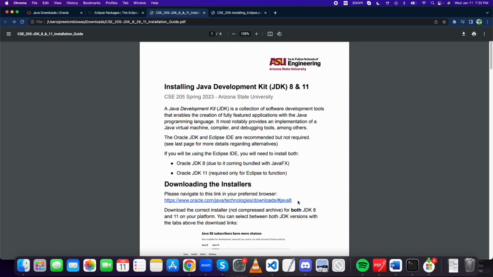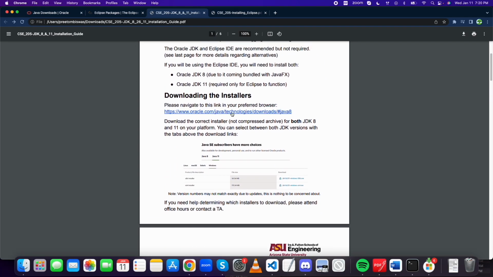In this tutorial, I'm going to show you how to install the JDKs and Eclipse and how to set up your workspace, get started on the projects and assignment one on a Mac device. So first, you would go to this installing JDK tutorial in your Canvas page, and you're going to go to this